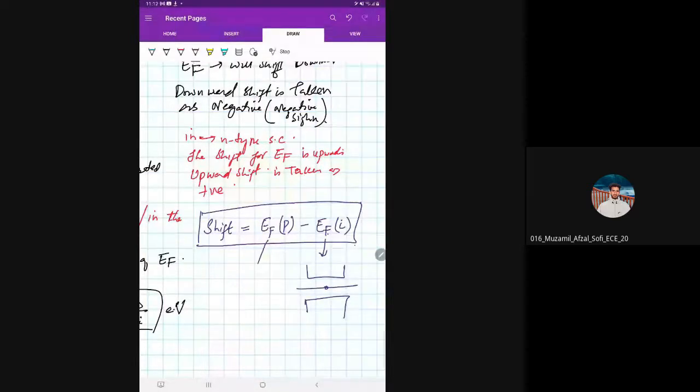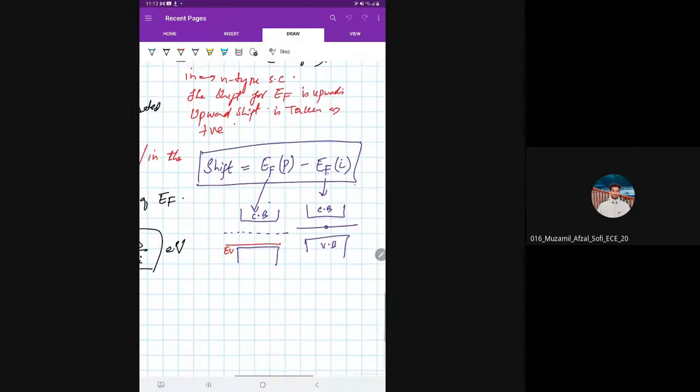Okay, but in p-type semiconductor, this is conduction band, this is valence band. The Fermi energy is not at the center. So center is somewhere here, but it is just above the valence band. So इसका value कम होगा. So when you will take a smaller value and you will decrease a larger value from that, that is why shift will be negative. तभी जाके आपको negative sign आती है. ठीक है, तो that is why we take downward shift as negative and upward shift as positive. So this is shift in p-type